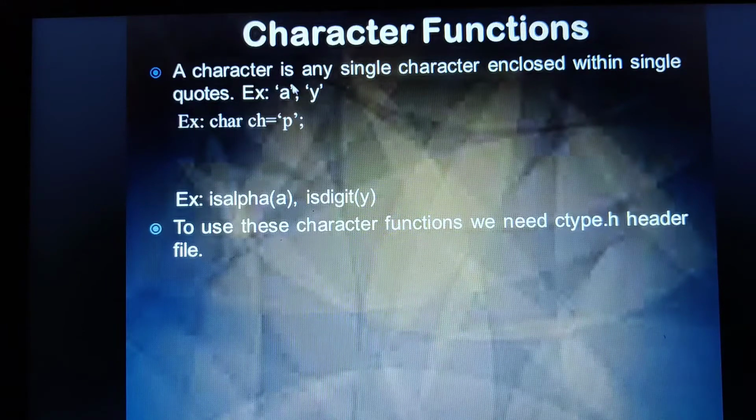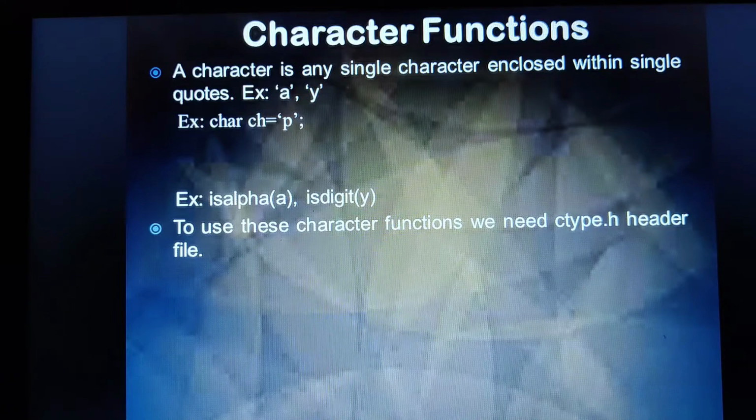Y is a character. Now what is the general example of how you declare and initialize a character? This is a data type, that is char, followed by a variable name, equal to the value it has to hold. Now this P will actually be replaced with its ASCII value. All these characters have an equivalent integer value called an ASCII code or ASCII value, which stands for American Standard Code for Information Interchange.